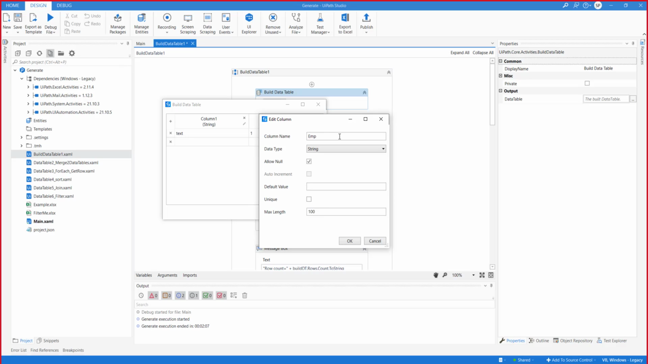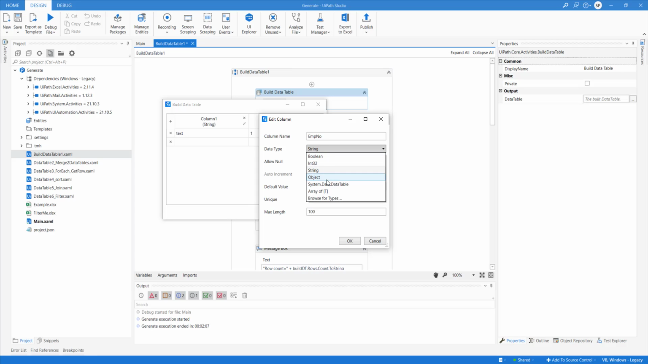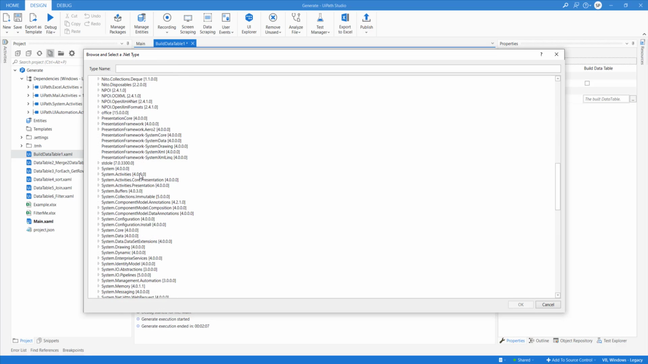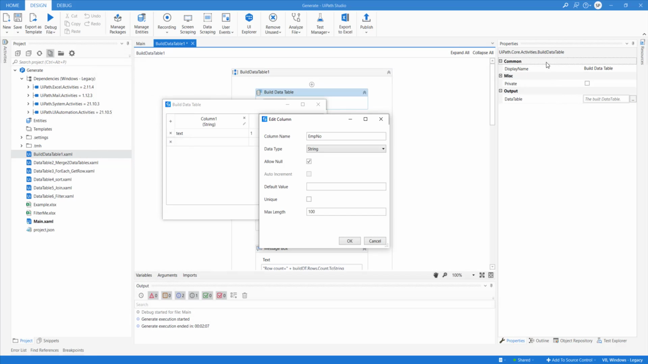You need to tell what the column name would be. For example, employee number is a column name. What would be the type? You can select the type: string, integer, boolean, object, data tables, array, or any other type supported by .NET platforms. There are a lot of data types, but I'd say try to store only primitive data types, meaning default data types like string and boolean. Do not try to store objects and the like,